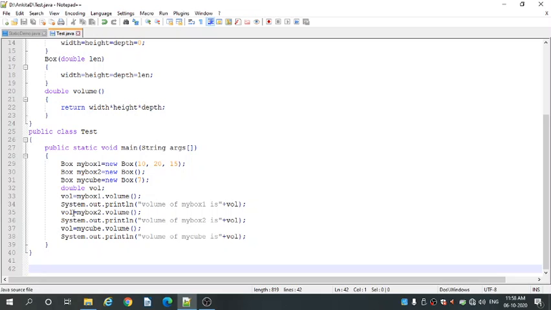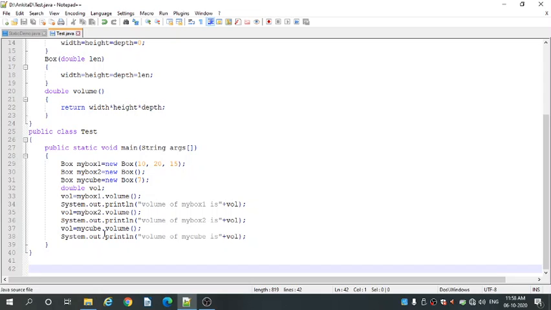And we are printing System.out.println("Volume of myBox1 is" + vol). We are printing the value which is stored in the vol variable.